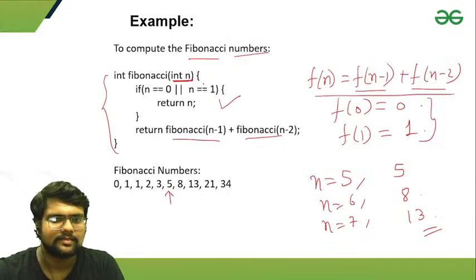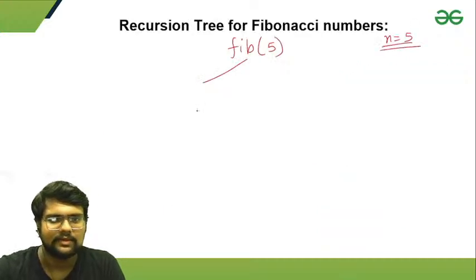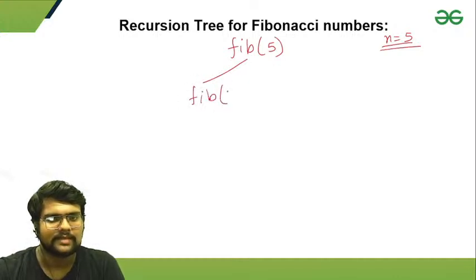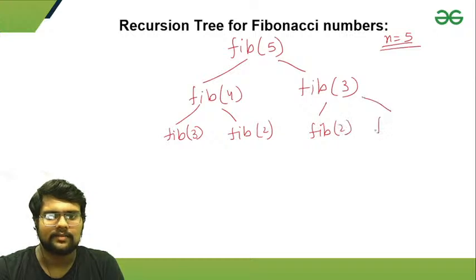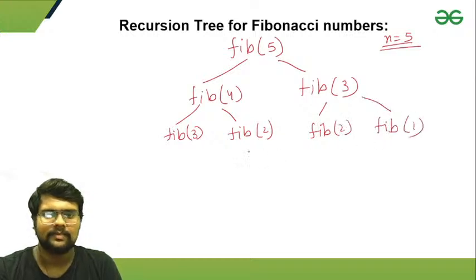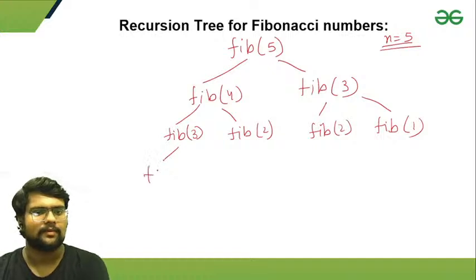Okay, so here the first base condition is checked, where 0 and 1 are compared. Here 5 is not equal to 0 or 1, so we will call n minus 1, which is 4. Then fib of 3. Then fib of 3 will be called, then fib of 2 is called, then fib of 2 is called, then fib of 1 will be called. And here fib of 2 will be called,